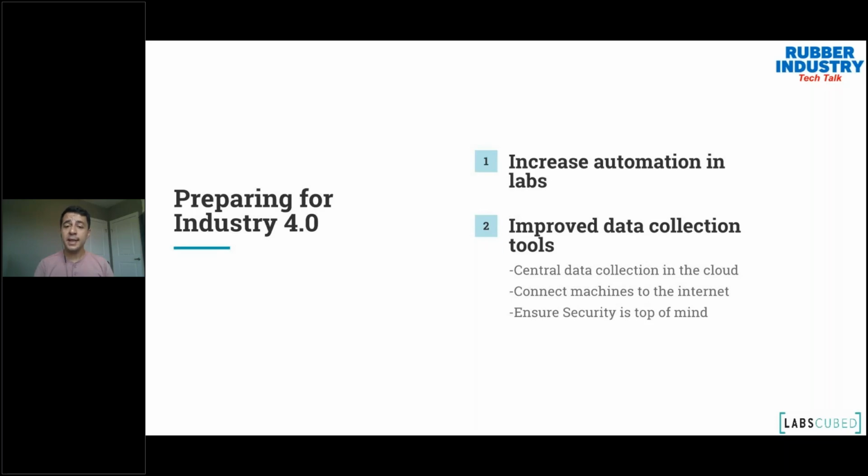And lastly, connect as many machines as you can to a very centralized system. I think a lot of companies we walk into are still using systems where each one is on its own, and then they collect the data and they put it in themselves. The faster you can speed up that process and the smoother you can make it, the better the whole system becomes in terms of Industry 4.0.